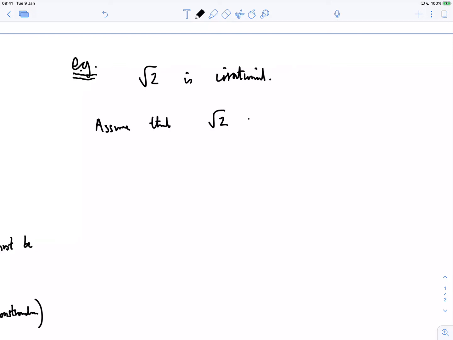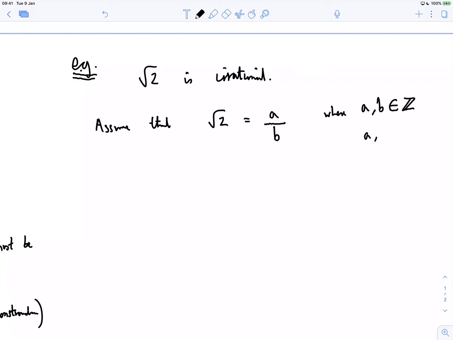And what are rational numbers? Rational numbers are of the form a over b, where a and b belong to the set of integers,